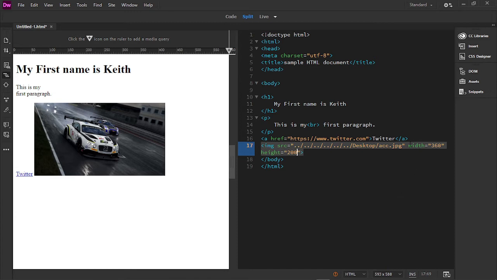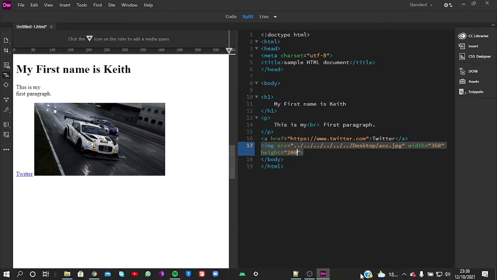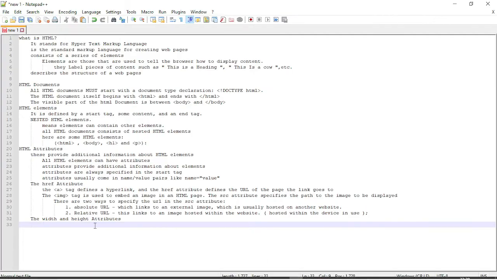So these are the width and height attributes specifying the pixels in the image that are used. There is also, wait, let's write a note for the width and height attribute. We could say